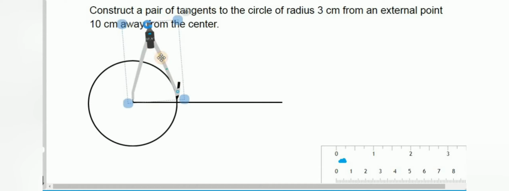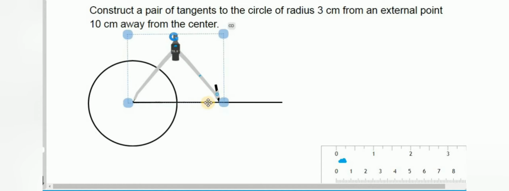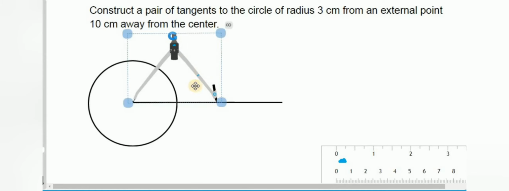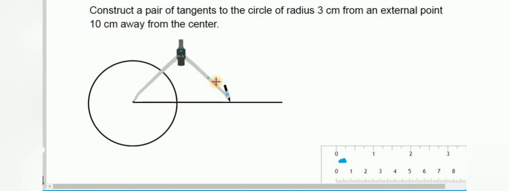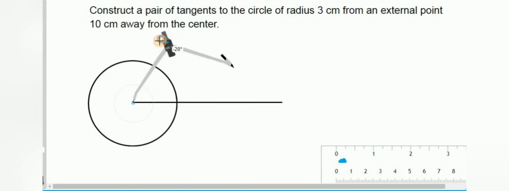What is this perpendicular bisector? We have already learnt in the 7th standard. For the perpendicular bisector, take more than half of this straight line. You can take up to the end. So after taking more than half of this, draw an arc both upside and downside also, like this.